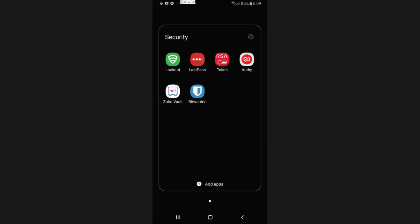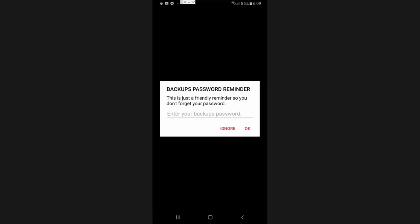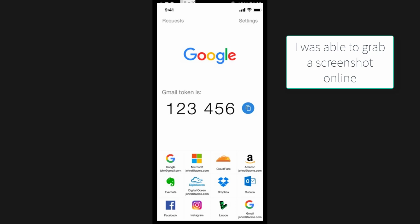So under security here, if I go to my Authy app, I'm not going to open it here, but you can see basically, well, I guess I can go ahead and open it. It shouldn't have anything confidential in here. I'm going to put in my password. Okay, so it looks like it is also blocking out Authy as well,